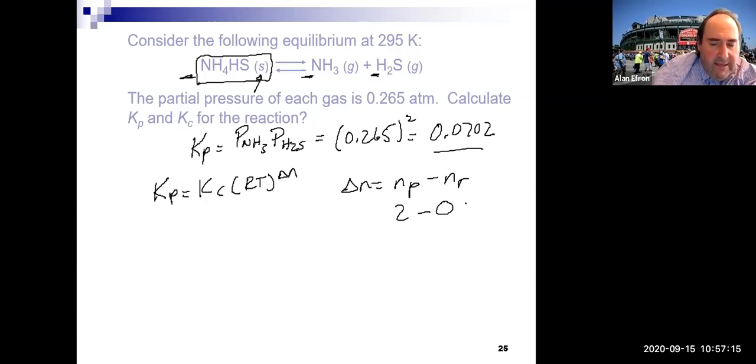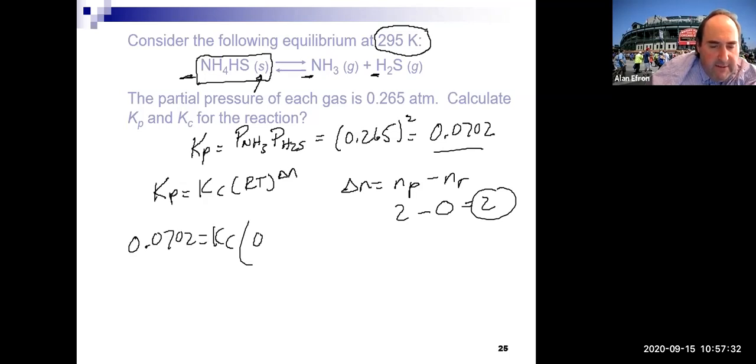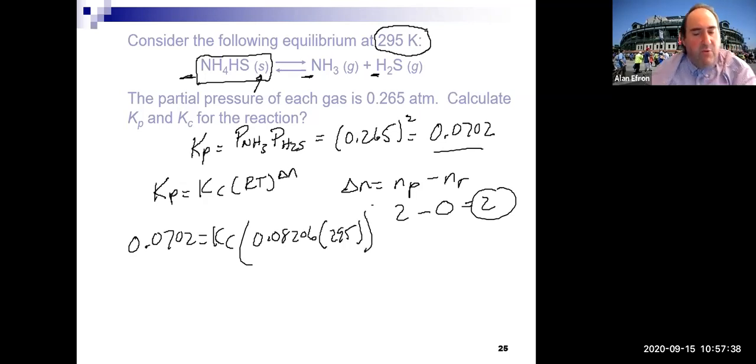And that will give us an N of 2 in this particular case. In terms of the temperature, they were nice enough to convert that for us already, so we're good to go on our temperature. So that would give us our KP, which is 0.0702, equals our KC using our R value and our temperature. Again, we're going to square that. If we clean up the right-hand side there,